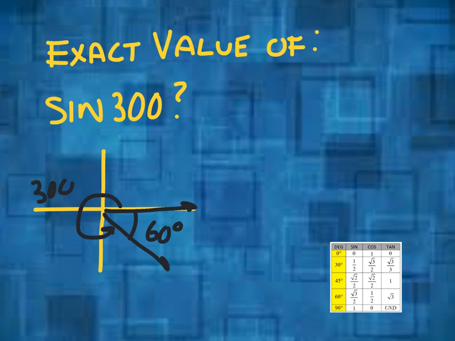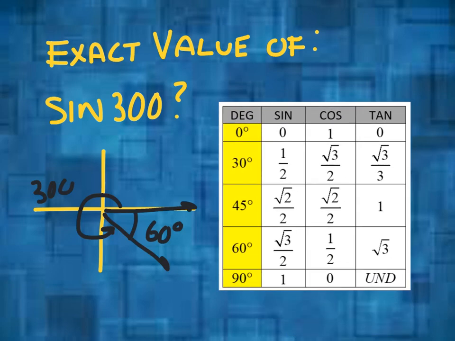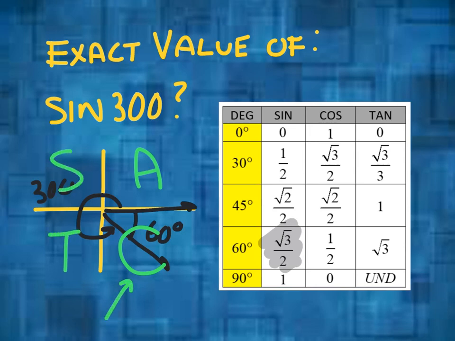So knowing my little chart here, let's pull it up. The sine of 60 is right here. And so if I highlight that, that's its value. Now, that's as easy as it is, except for one thing. You have to remember the CAST rule. So the CAST rule would say that the sine in this quadrant is negative. So your answer is negative